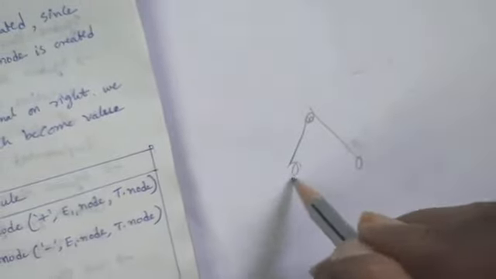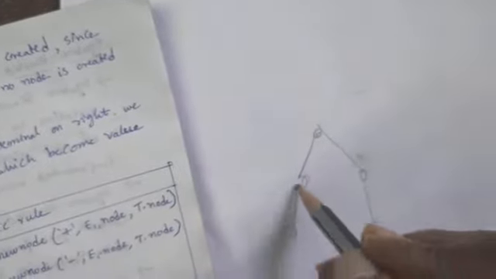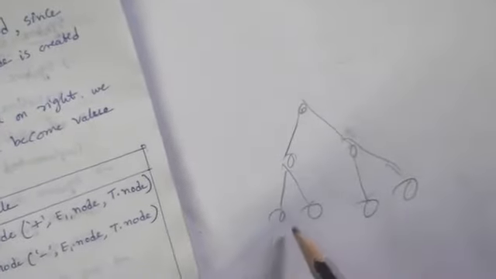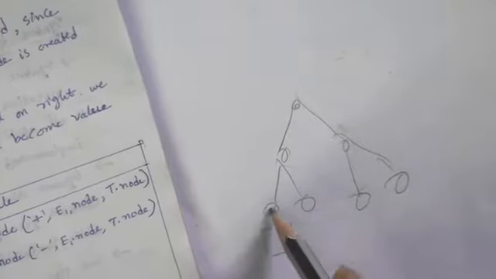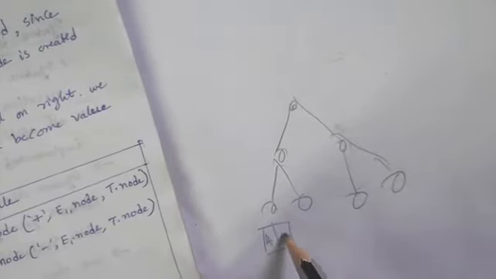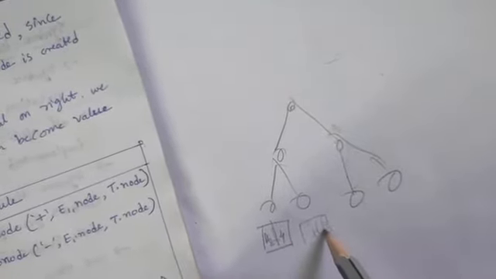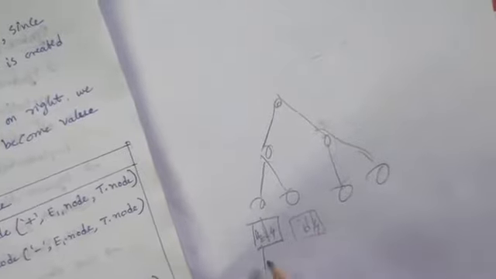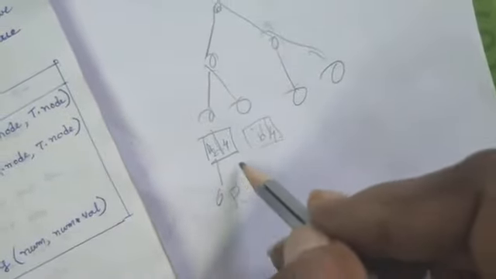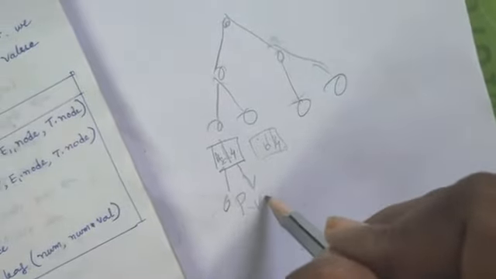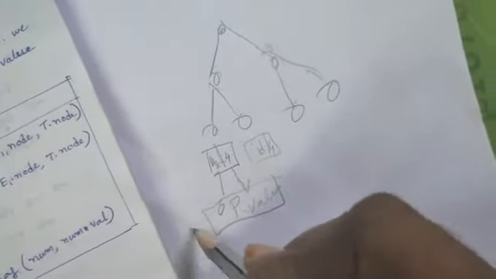In the first one, we have only the tree. If it is a leaf node, it will maintain the value, here a is a and the id value is 4, like that. Only two fields are there. The first one is the op (operator) field, and the second one is the value field. This is the first point I have discussed here.